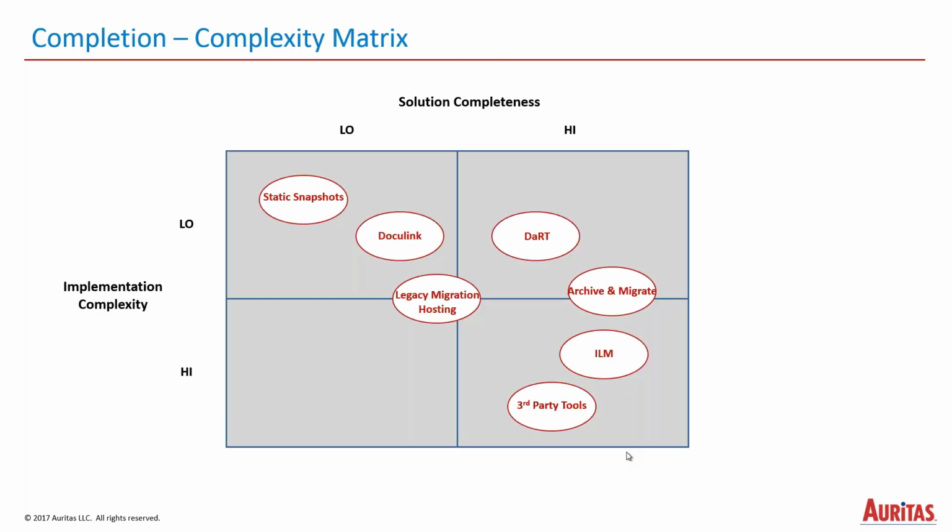So what you're looking at on this screen is the compatibility matrix. We have over 15 different options that you might be looking at for doing system decommissioning. There are some standard tools, some tools from OpenText, and some tools from SAP, naming SAP ILM. And we try to put them into a quadrant to show how the implementation complexity and the solution completeness matter in putting all of these solutions together. But